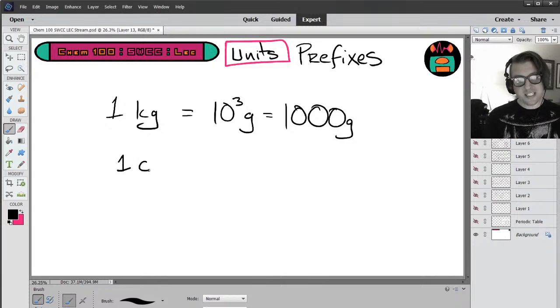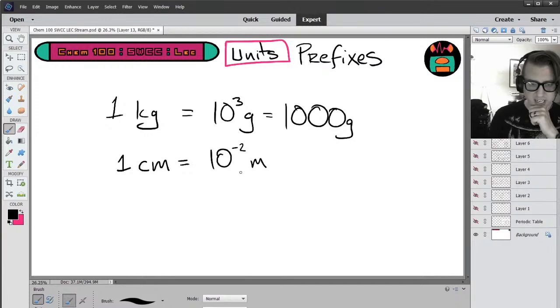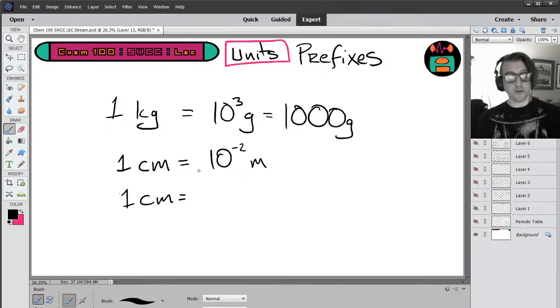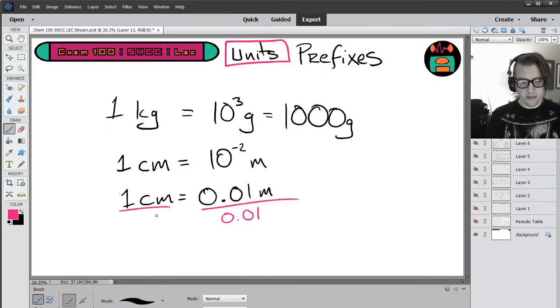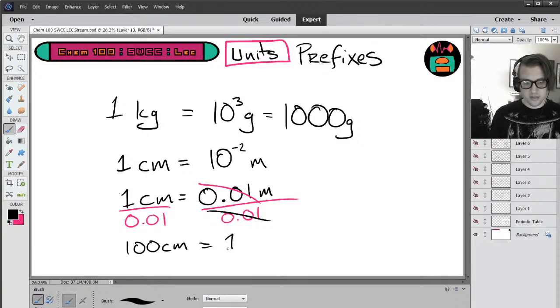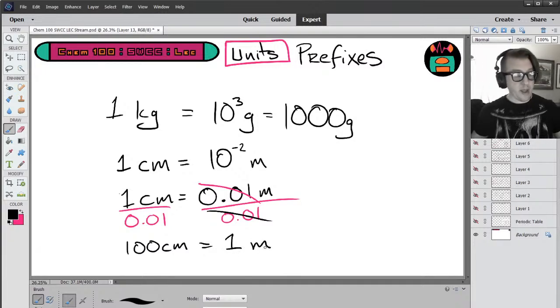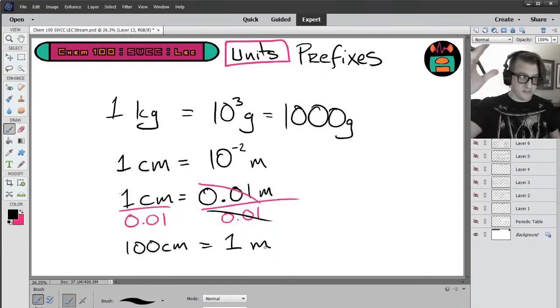Robert, exactly. 1 centimeter is 10 to the negative second meters. You're like, what is 10 to the negative second? Well, 1 centimeter is, if you punch in 10 to the negative 2 in your calculator and hit enter, it'll say it's 0.01 meters. Now, that might be still hard to look at, but if you do some algebra, it becomes a little clearer. If you divide both sides by 0.01, they cancel on this side of the equation, and you'll realize that 100 centimeters are in 1 meter. So the negative powered prefixes are smaller than the base unit, the positive powered prefix larger